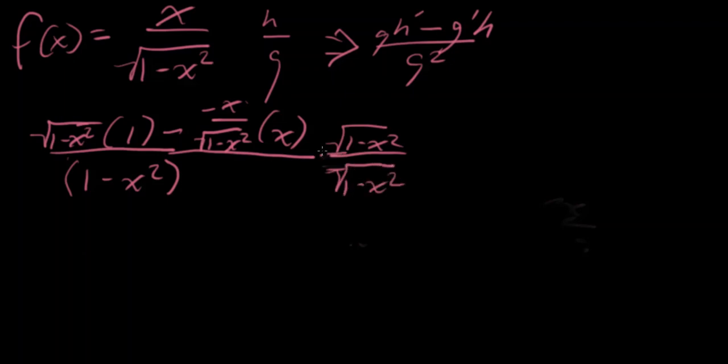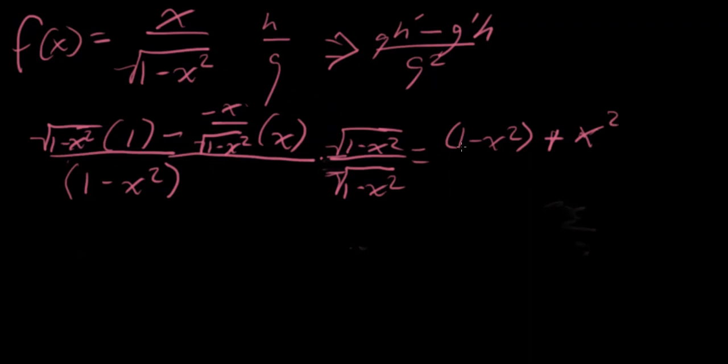So if we multiply top and bottom by root 1 minus x squared, it's like we're multiplying by 1, right? Notice if we distribute the root 1 minus x squared to this one, that just becomes a nice 1 minus x squared. Minus now this one, when we distribute this to that one, we basically get 1 in the numerator and 1 in the denominator. They cancel each other out. If we distribute the negative signs, that takes us to a positive